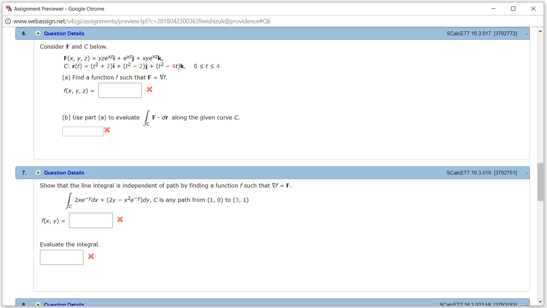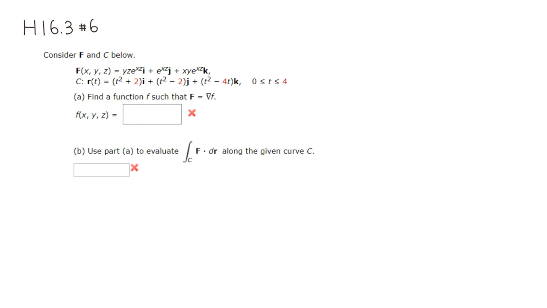Alright, let's look at homework 16.3, problem number 6. We have a vector valued function of three variables, and we want to find its potential. We can assume that this is a conservative vector field. Since it is equal to the gradient of the potential function, we know that